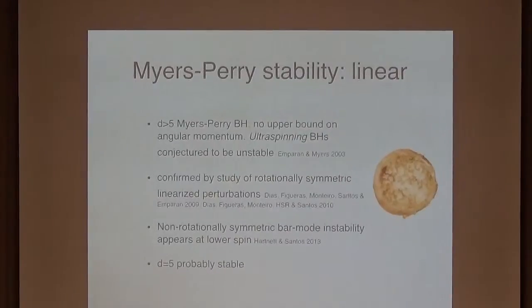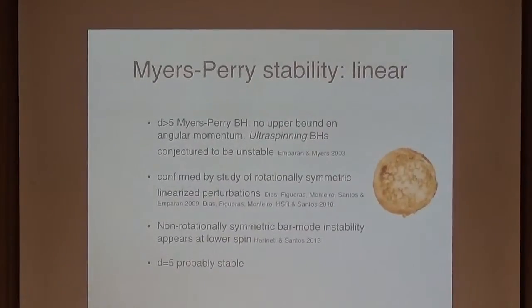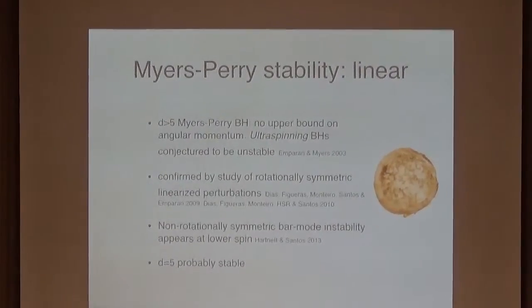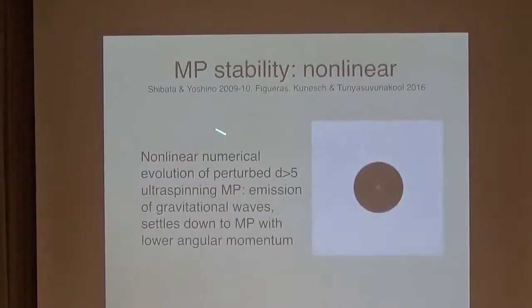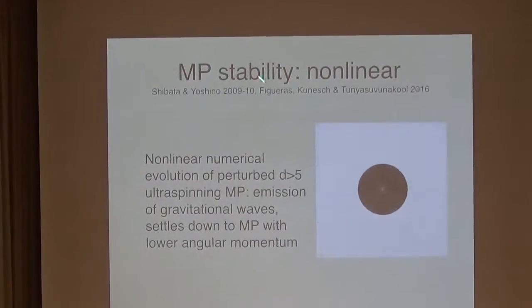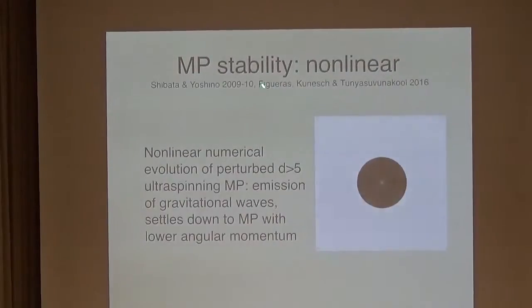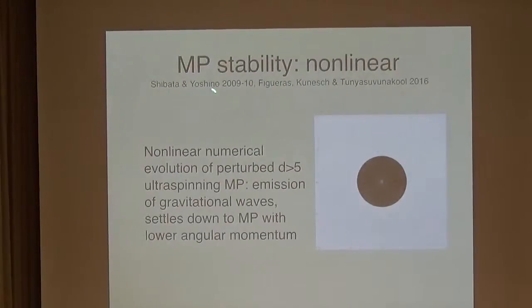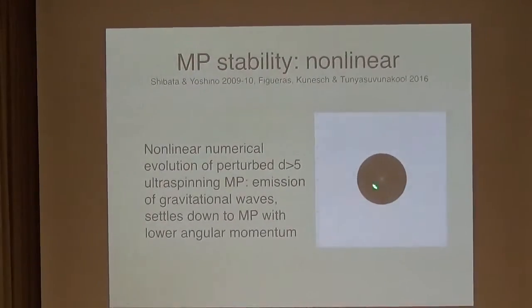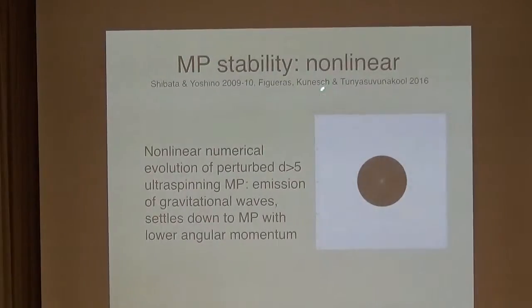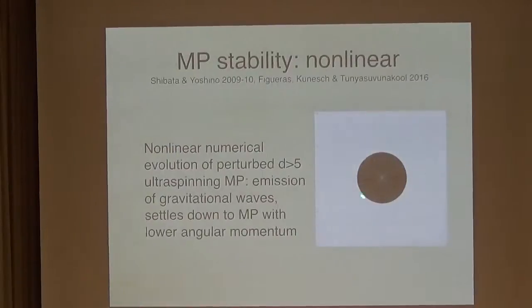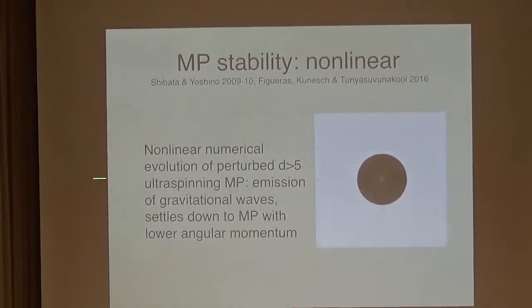So this was linear. Again, though, just as for the black string, it would be nice now to ask how does this linear instability develop when we go nonlinear? And this has been studied, first by Shibata and Yoshino a few years ago, and more recently, Pau Figueras and his students have revisited these calculations, and they've kindly let me show you some of their results. These are a bit preliminary, they're not expected to appear until next year, but let me show you what they found. So here is the apparent horizon of a Myers-Perry black hole in the equatorial plane.